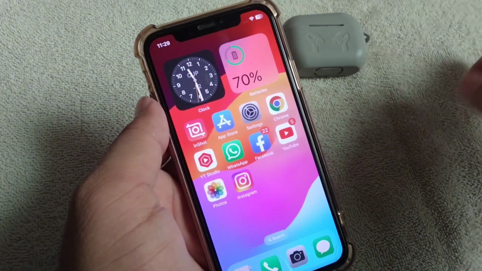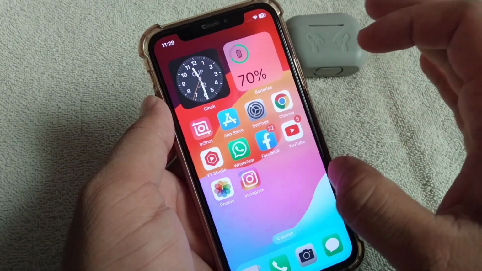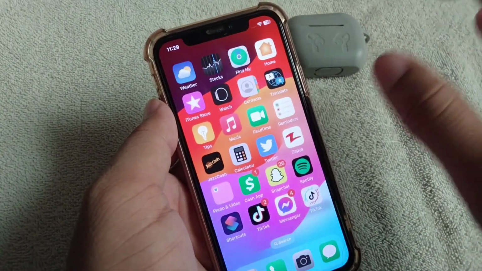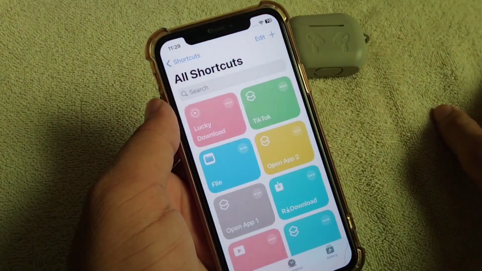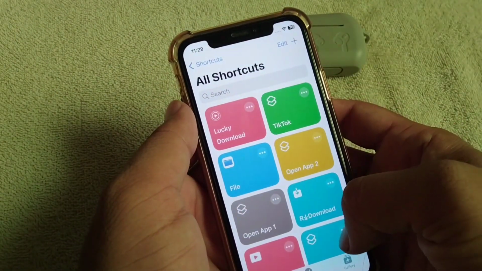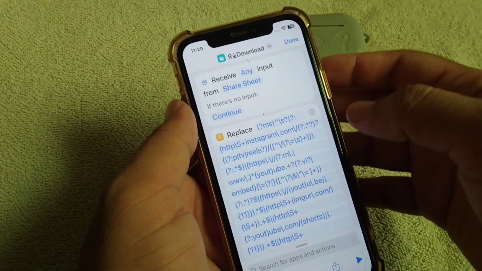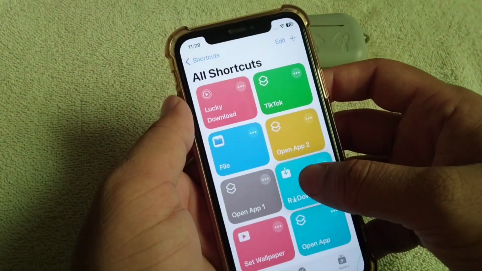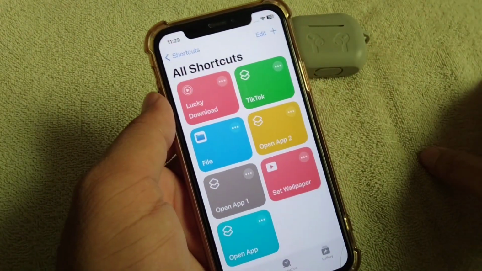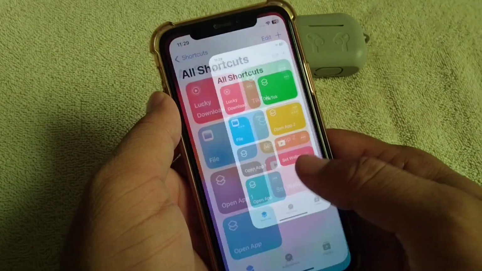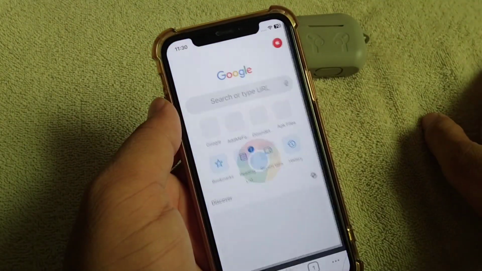So guys, here I will give you some possible solutions to fix this problem. The very first solution is that you will have to simply delete Art Downloader from your shortcuts. So guys, open your shortcuts and from here just delete Art Downloader. Delete it, delete shortcut,